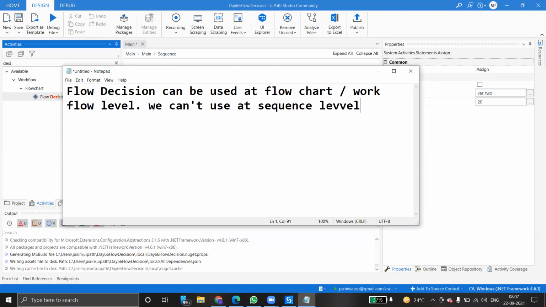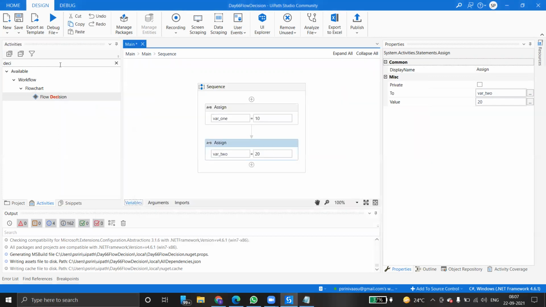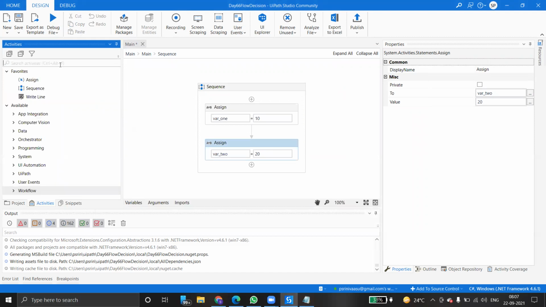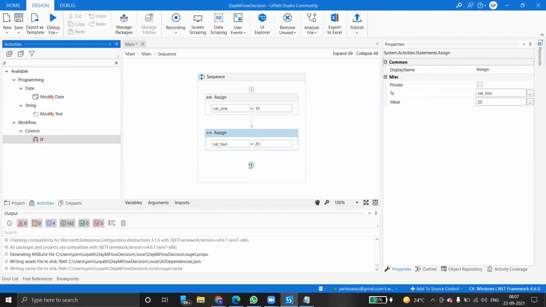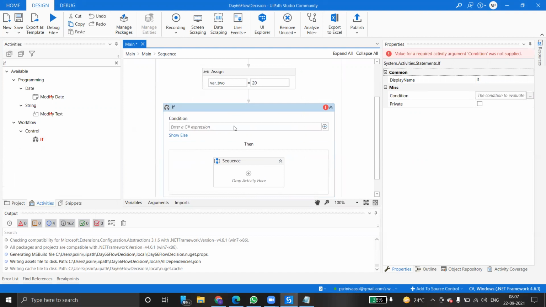At sequence level, if you want to use conditions or decisions, you can simply use an if condition. This is also a conditional. Here you can add var 1 less than var 2.